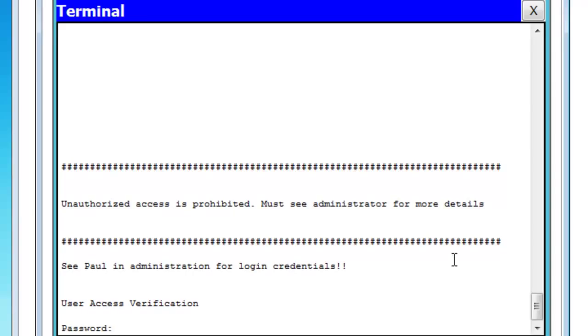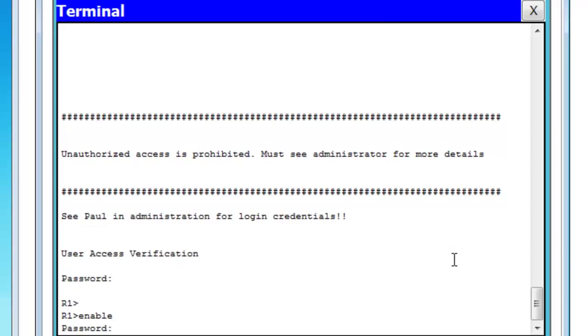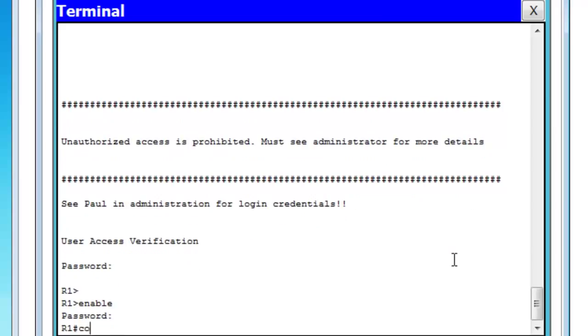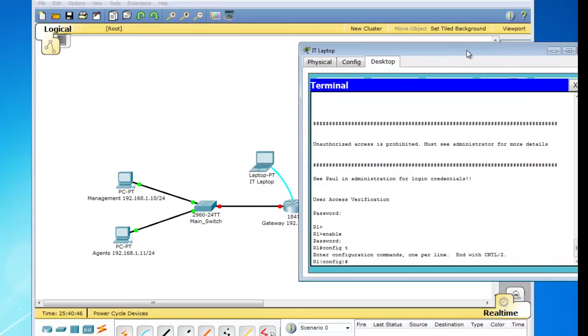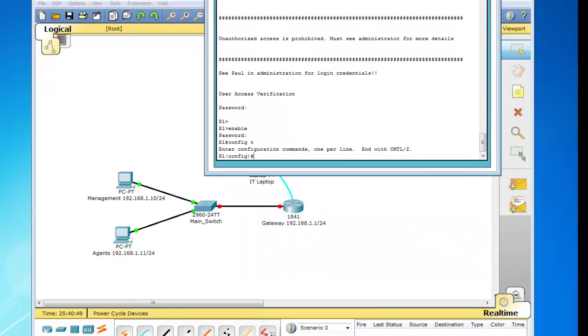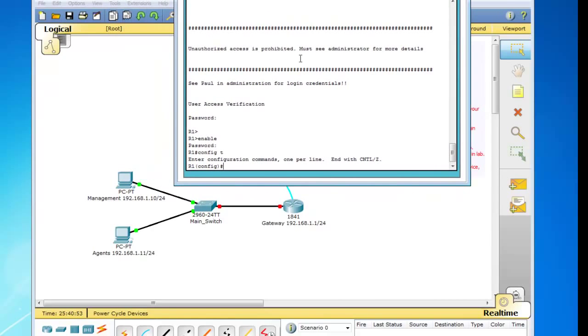Alright, so we want to hit enter, and then enable, Cisco123, config t, because now I think our next step is to set up the gateway with the IP address. Alright, so let's move our file over and let's get a shot here of our network. Alright, so our gateway needs to be